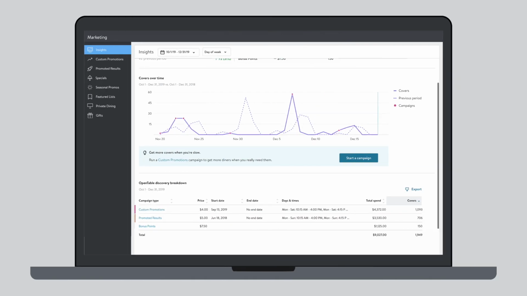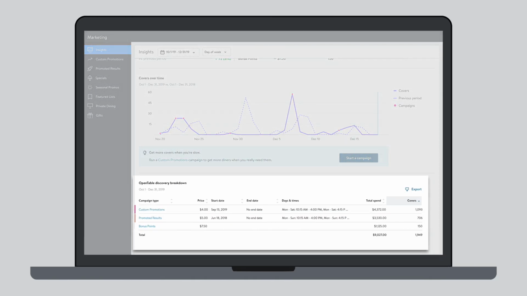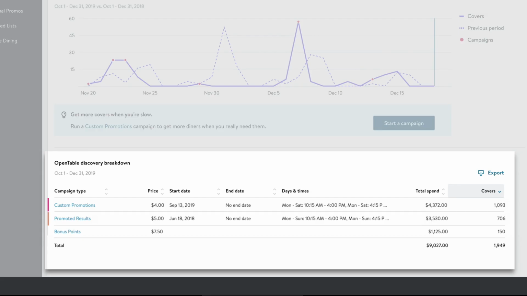And with the Discover Breakdown section, you can see your OpenTable marketing campaigns in more detail, including the list of campaigns you're running and their schedule. You can also keep track of your total spend and covers generated by each campaign, so you can easily measure